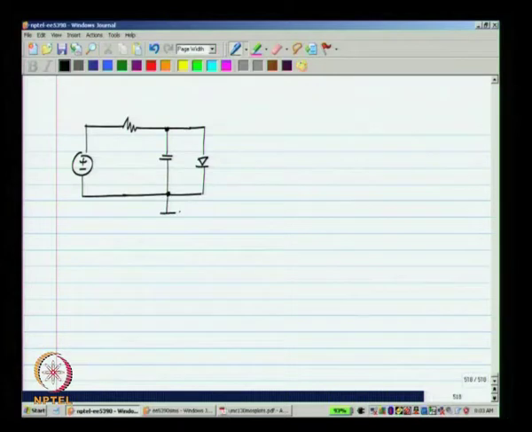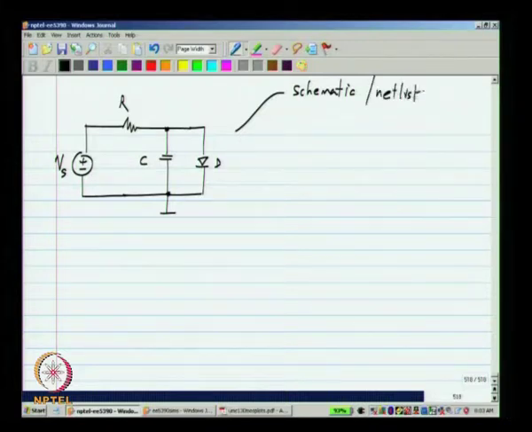Let us again take this simple circuit, and you have to specify the interconnection of various components and specify the components, and this is usually done by drawing the schematic on the software or by specifying the netlist. You can consult the simulator's manual to see how to do this.